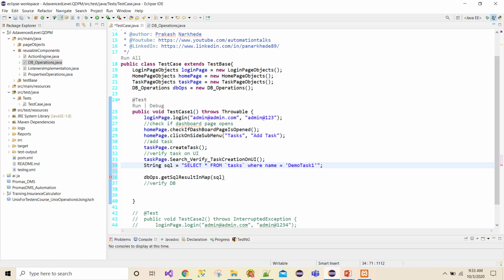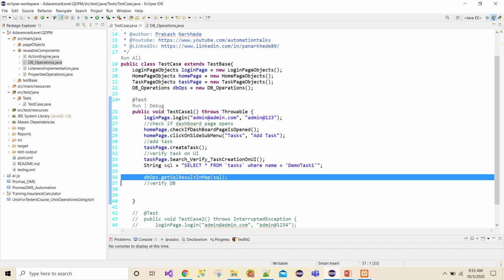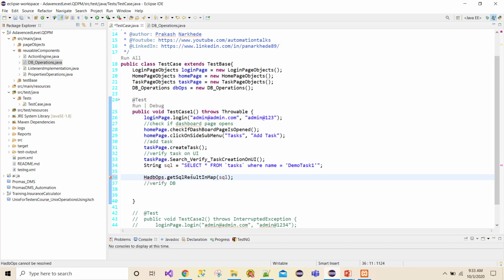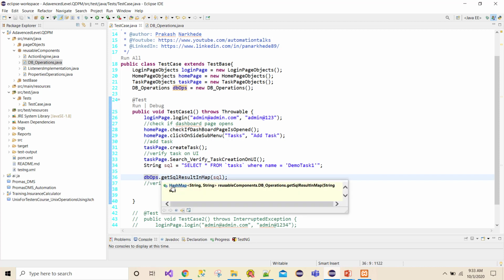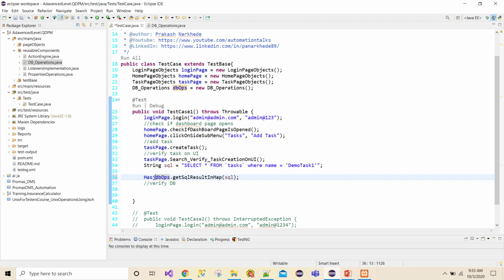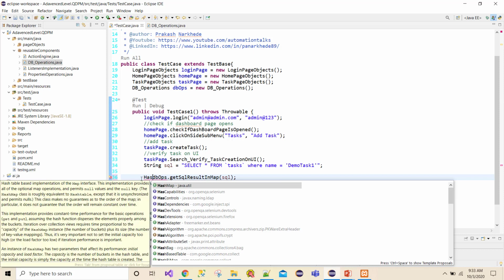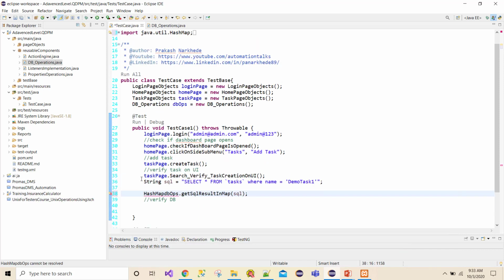Okay, and this is my SQL, and I'm going to supply it as a method parameter. This SQL is going to return me something called a hash map. If you hover your mouse over get SQL result, it returns me a hash map, right? So I should store it into a hash map object, a hash map of type string,